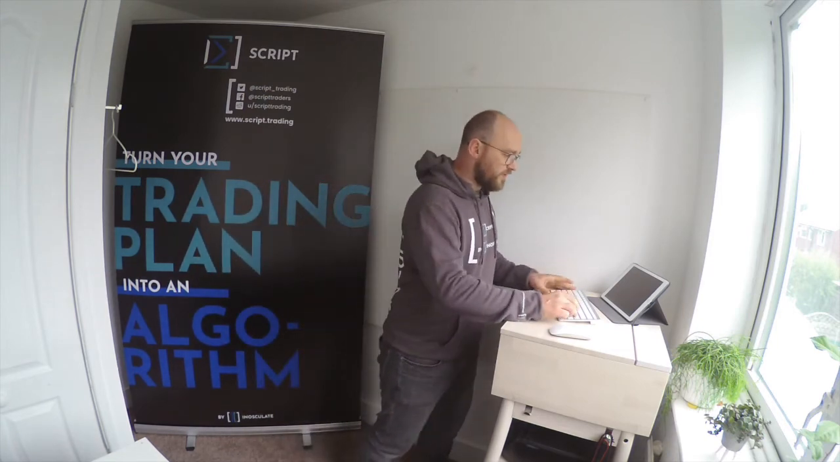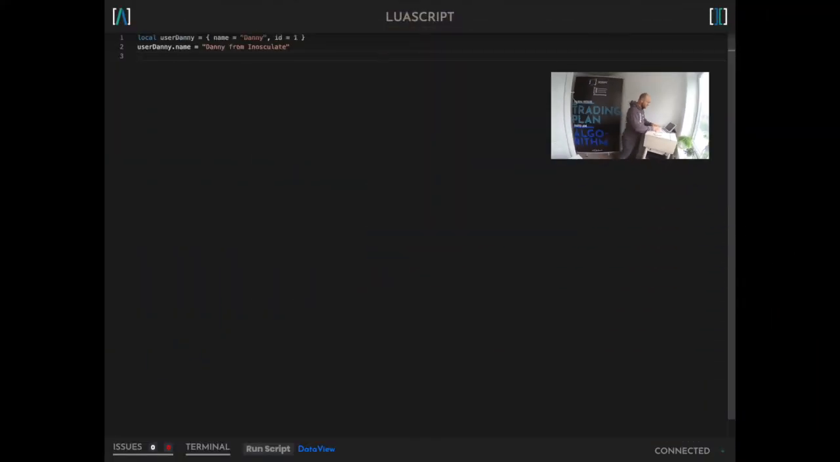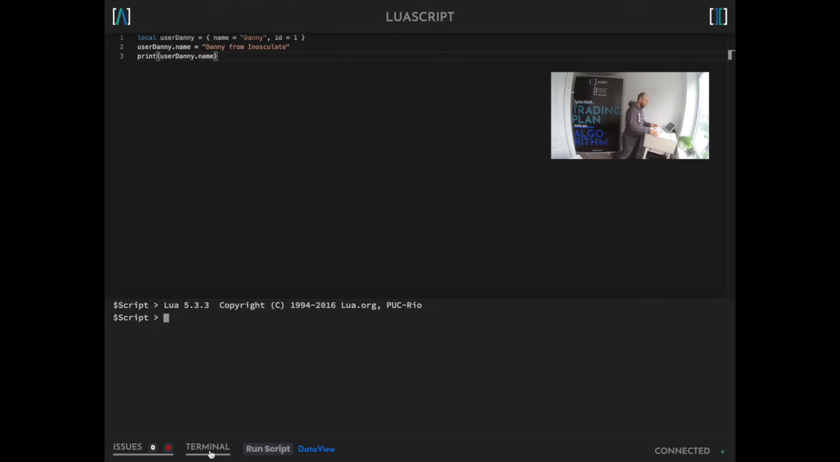So once we've then assigned into that variable, how can we access it? Well, the answer is in exactly the same way. So in this instance, let's create a call to print. So I want to be able to see exactly what is within user Danny's name, and I can just simply pass into it user.danny.name, and that should, when we go down to the terminal, we know that there's no particular issues against this, and we run that particular script. As soon as it's executed, we'll be able to see that Danny from Enosculate gets printed out to the terminal